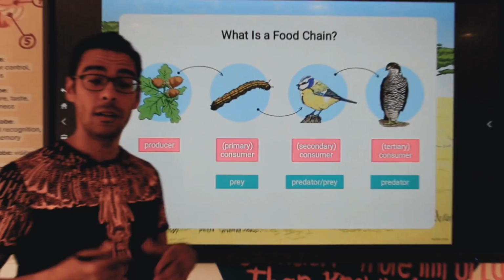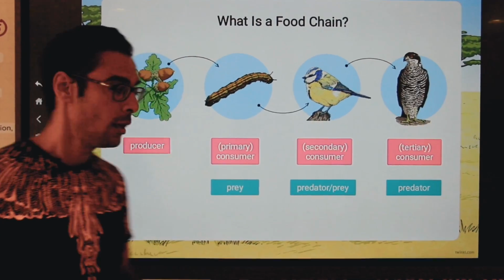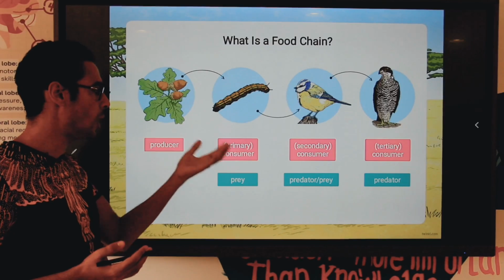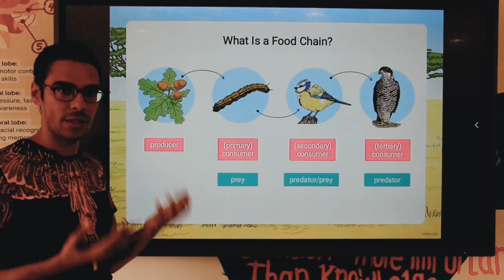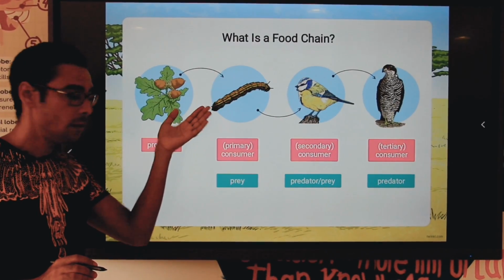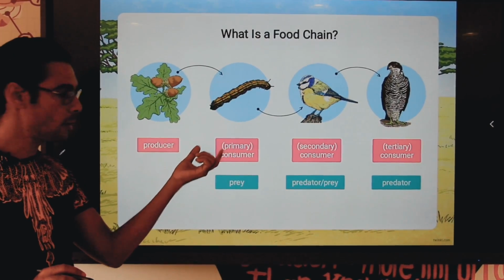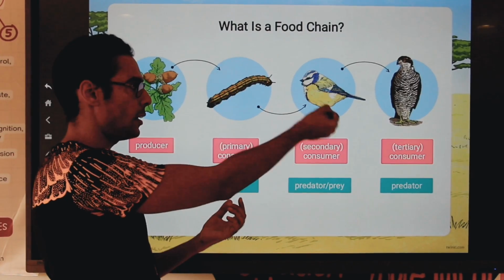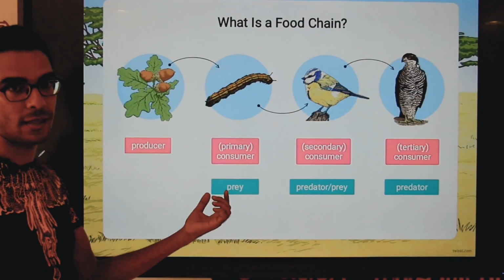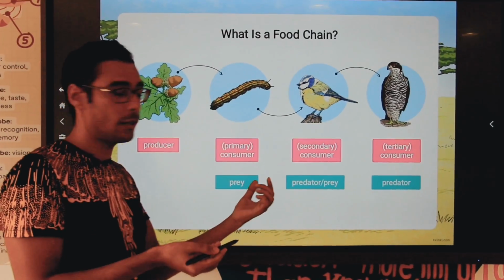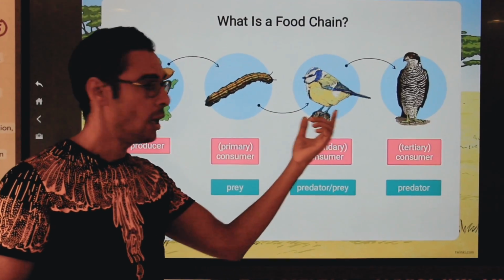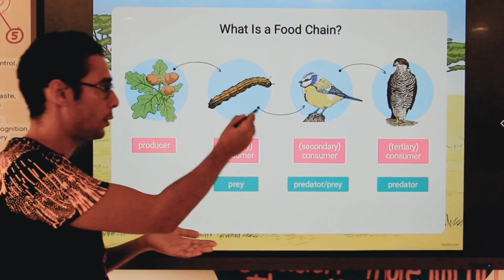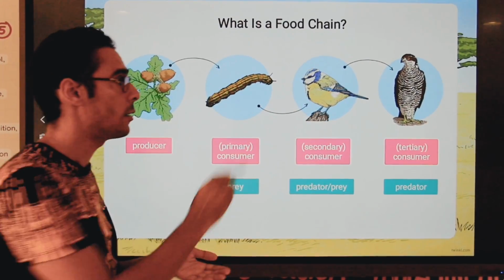Another important part you have to keep in mind, the questions might come up with different criteria. Sometimes I'm not going to ask you, what does this animal represent? This primary consumer maybe is considered a primary consumer, but it's prey at the same time because this animal feeds on it. So here that represents a prey. The following part here speaks about this animal. I know it's the secondary consumer, but it's considered a predator for this animal and a prey for this animal.